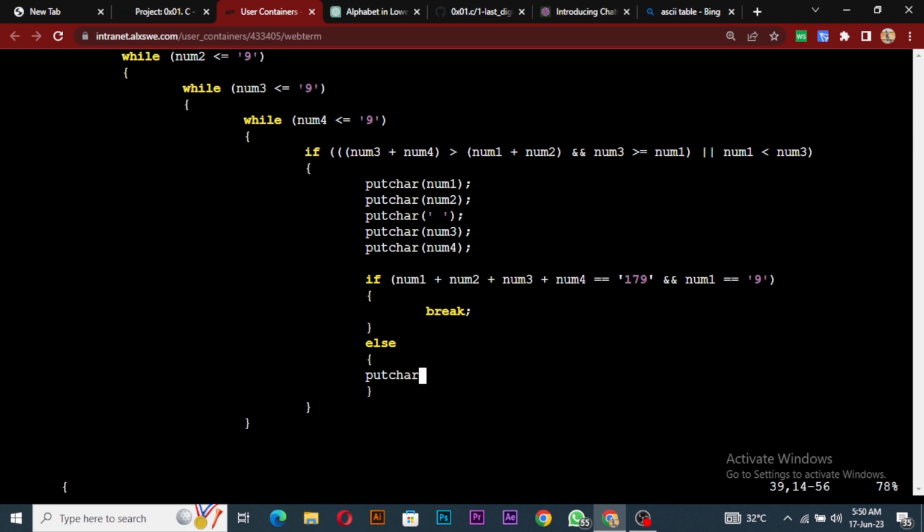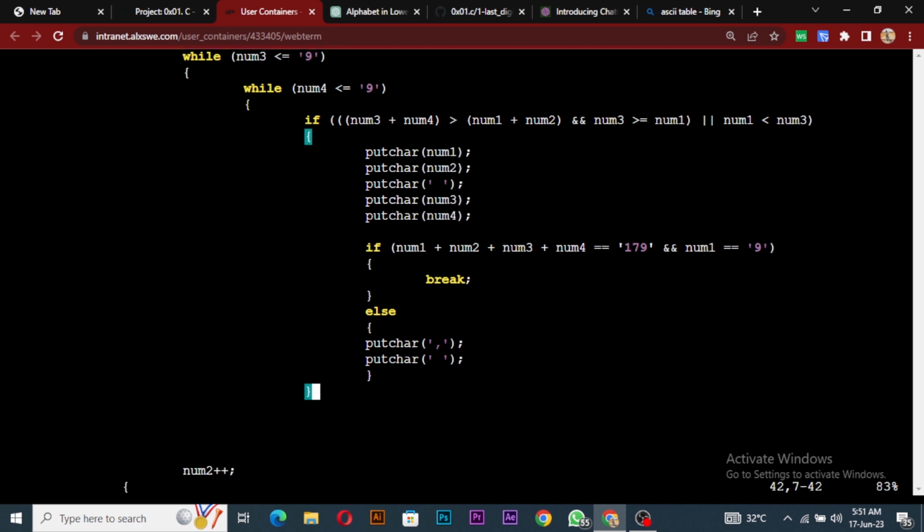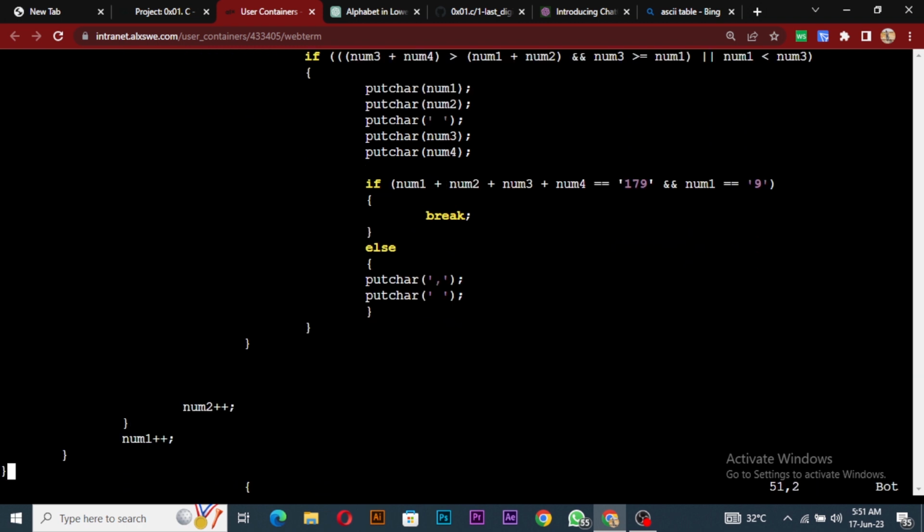Picture, and I think command space, right? Command space. So this one is the command. This one is this. At the end,